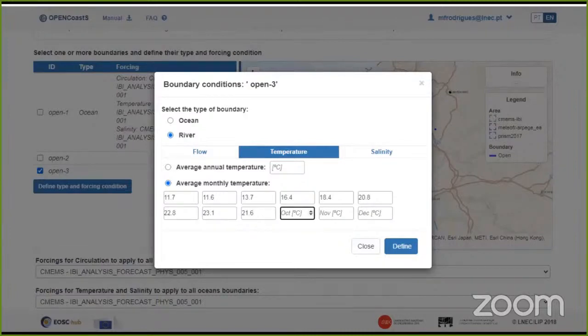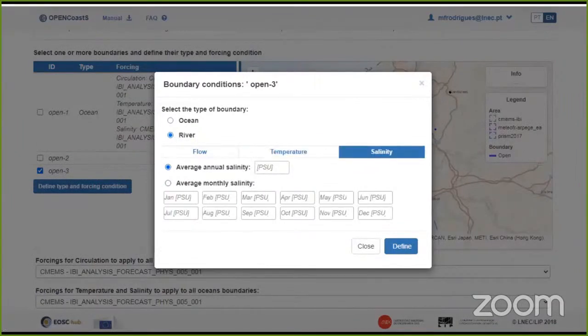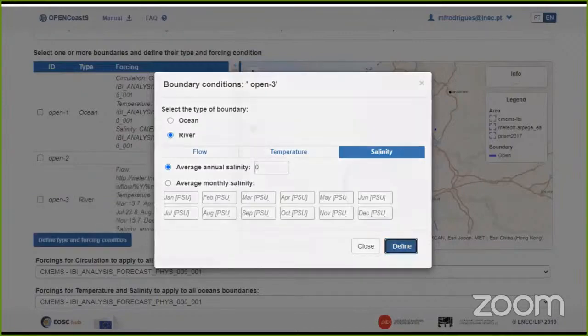The final 3 months, and that's it, the monthly climatology. And we also need to set up the boundary conditions for salinity, and in this case I'm going to use a constant value of 0. Okay, with this we set up this boundary and we do define.